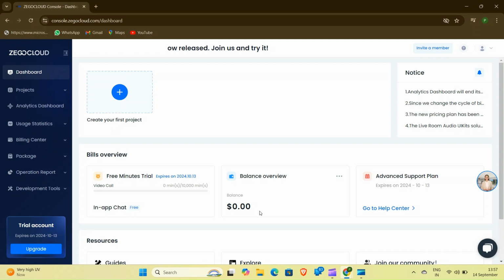Here the dashboard has been created. Here you can see the overview balance. The trial minutes left are out of 10,000 minutes. Also you have an advanced support plan which has an expiry date, resources, and all the ZEGOCLOUD resources